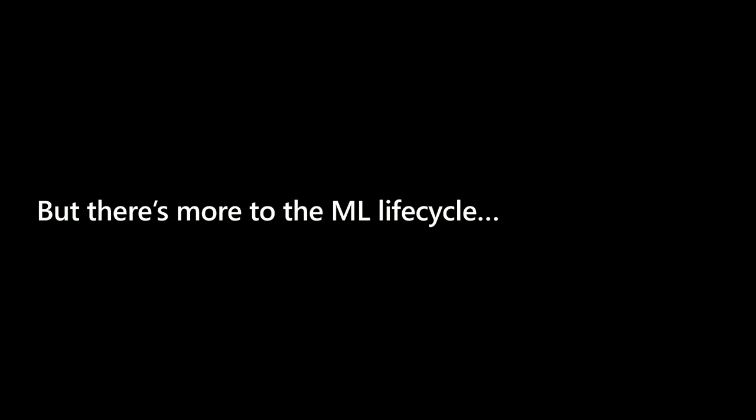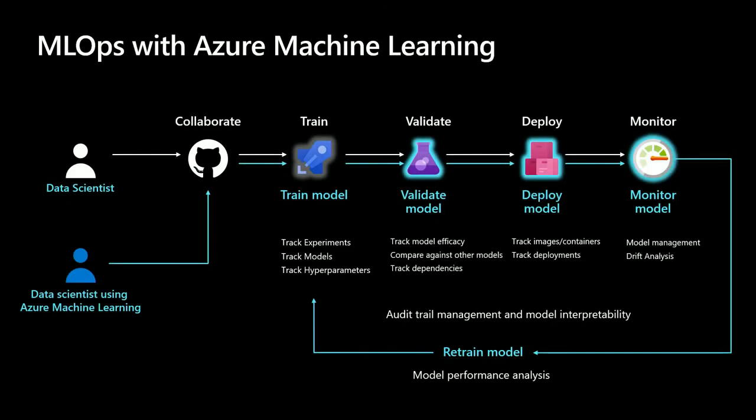All this is well and good. I can train my models, I can deploy my models. I know how this pipeline works, but there's really more to the ML lifecycle than what we've just told you. So if you look at traditional building models and deploying them, there's a data scientist that trains the model. Once they're happy with the model, they just deploy it. So there is no operations management or MLOps in the process. So the model just goes from your desktop to production, and then good luck, whether it really works or not, whether it's better than the previous model.